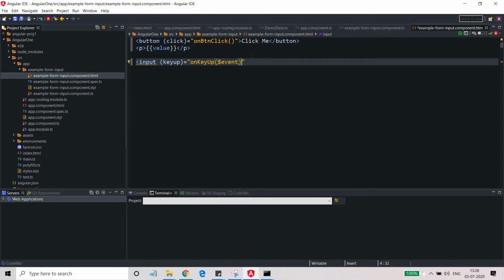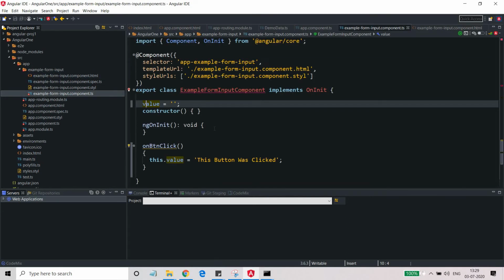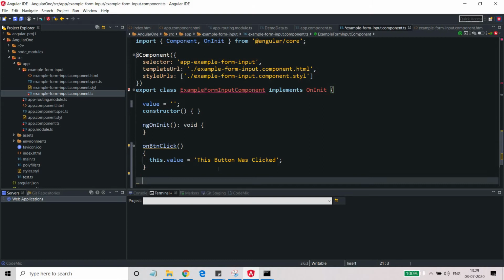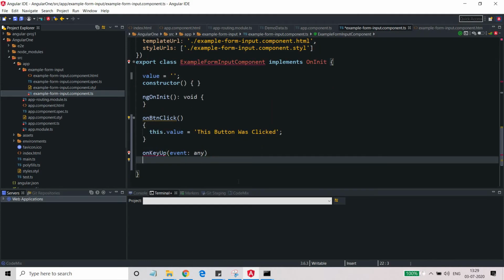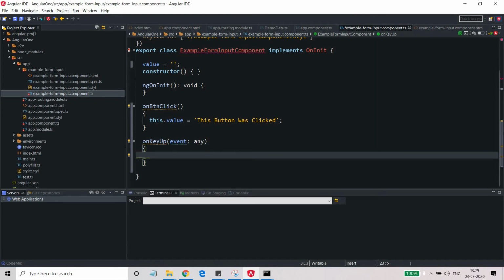This event variable will provide whatever value I'm filling in here, and it will be passed to the onKeyUp function, which has been written inside the component class. We still have to write this function, so let's write onKeyUp, and here it's event, and the type is any. We are accepting any type of event here; I'm not specifying any specific event.